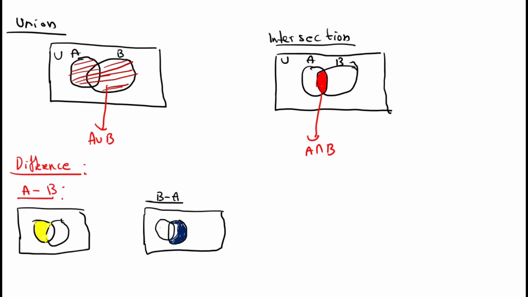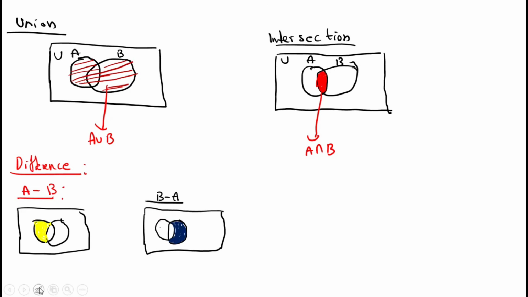If you shade the intersection part, that belongs to both A and B, right? So up to here only, we are not considering the intersection part, because if you consider the intersection part, that belongs to A as well as B, but we need to write the elements of B only, right? So this represents B minus A.